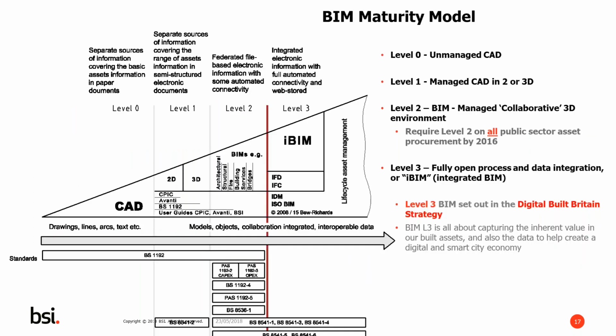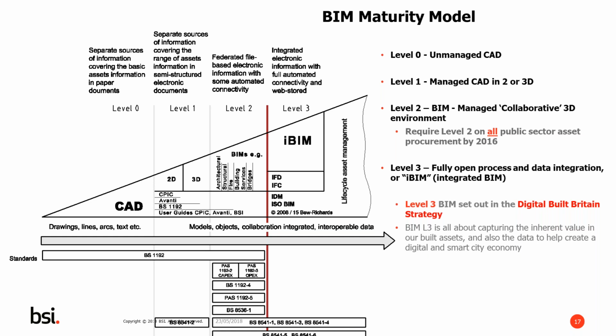So in the UK, starting back in 2007 with our first BIM standard, BS 1192, which outlined the principles of building information modelling from a standards perspective, we started working with government and with our experts on developing a maturity model. This maturity model has 4 levels, and it was agreed, and this infographic here, which is contained within our standards, identifies what those different levels are and what they mean.